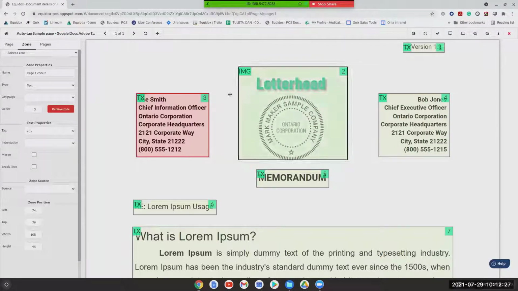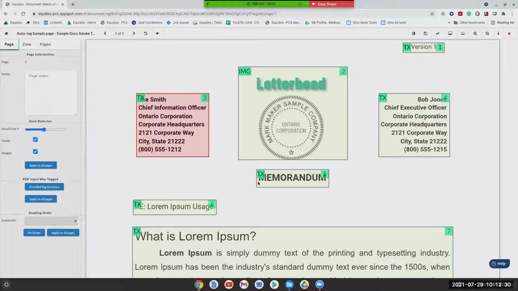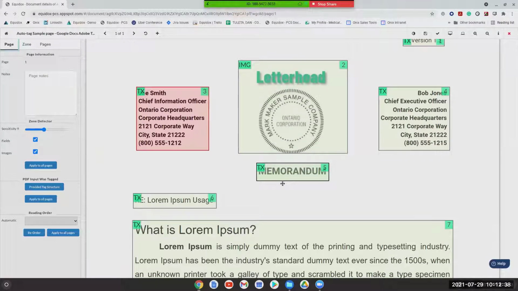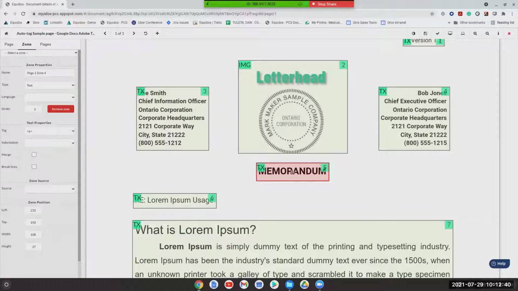When we use the detection slider, the zones will reset to a text zone. So now it's my job as the remediator to make sure that I'm identifying the proper heading structure for this particular page. The first thing is this big bold font at the very top of the page. I want to make sure that I am in fact setting this as a heading level 1. If you remember, previously it was set to an H3, which was just a randomly applied H3 tag to something that is in fact a heading level 1. So I can fix this.